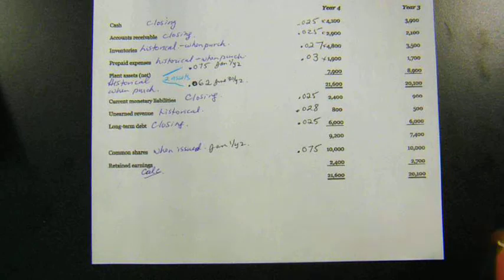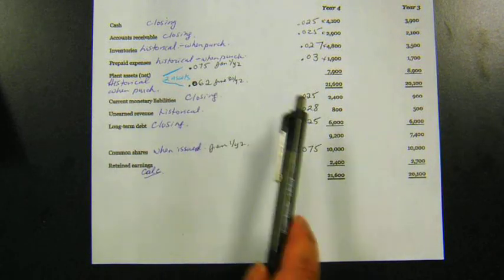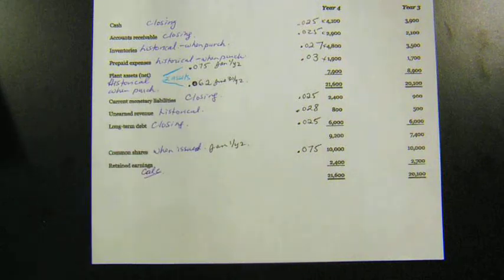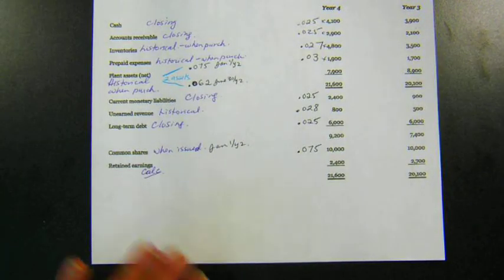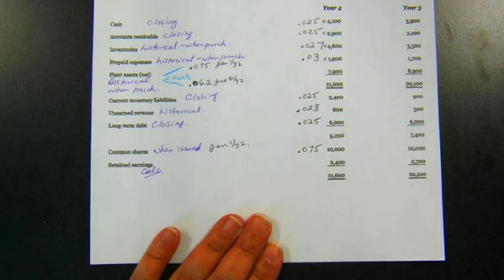Okay, I'm going to come back to the calculations. I mean, they're pretty straightforward, except for plant assets. I just want to continue with our income statement. Okay. Anyone still need this? Okay, so the income